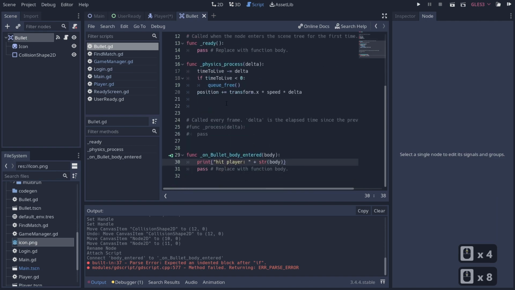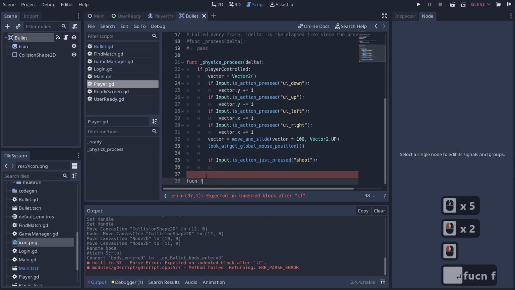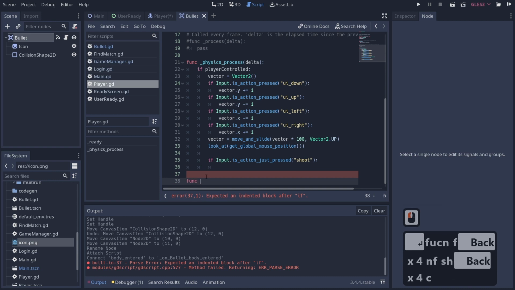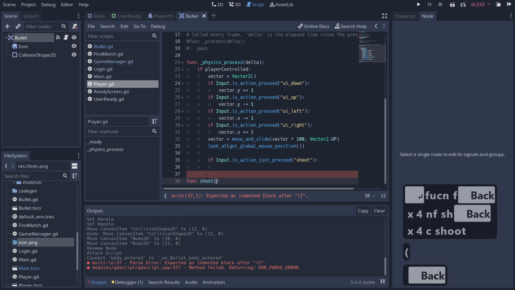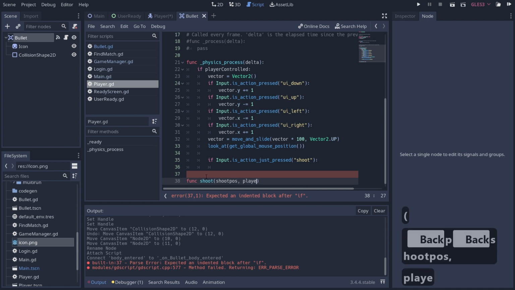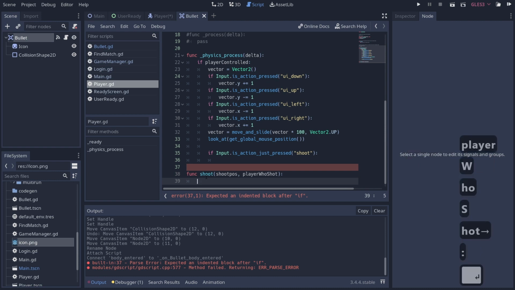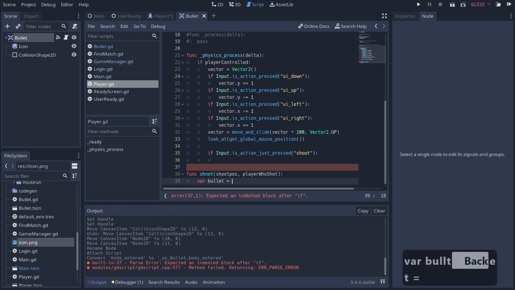Now that we have this, let's go back to our player script and say, if our player shoots, then we need to go ahead and shoot. So I'm going to go ahead and abstract this out as a function because I'm going to need this later. So we'll say func shoot, and we're going to pass in a shoot position, and we're going to pass in the player who shot. And what we'll do is we'll say var bullet is equal to,